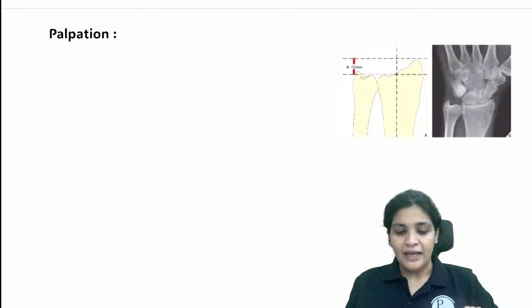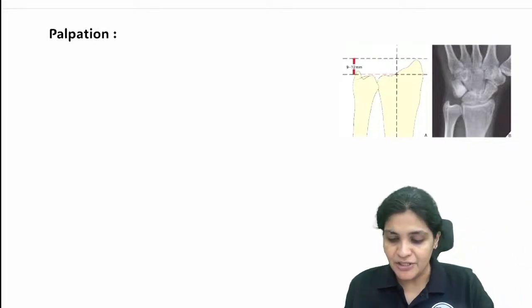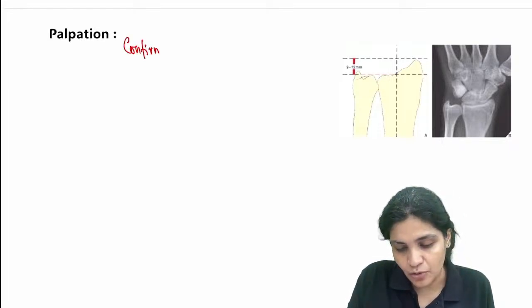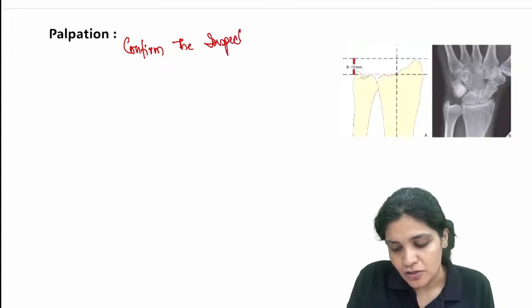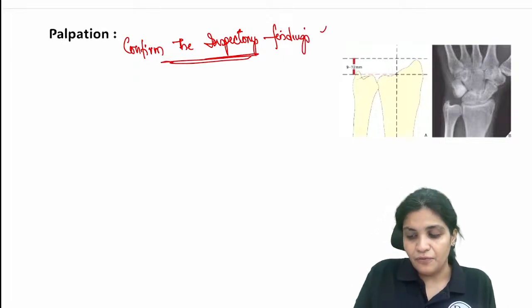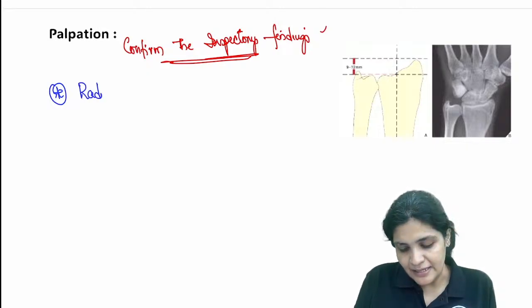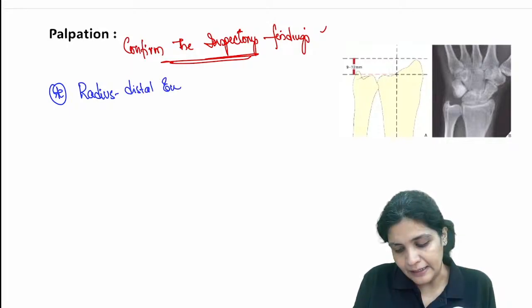And then palpation. So whenever it comes to palpation, you have to always confirm all the inspectory findings. So you will start the statement confirming the inspectory findings. So what are those inspectory findings you found? So you found that there was a deformity. So now how do you confirm? So to confirm it, we have certain things. So first you should always examine two things, right? So first is the radius. So you will always examine the distal end, and then ulna,